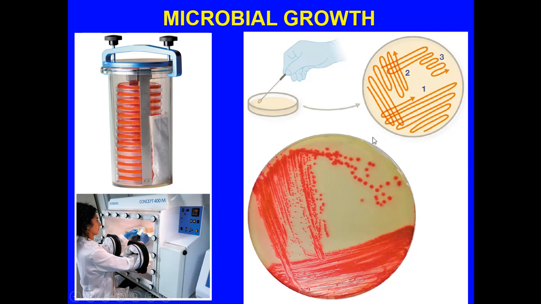So the next thing you do is you turn it 90 degrees and you again sweep it back and forth for a little bit. Turn it again 90 degrees, sweep it again back and forth. By the time you should get to the third, if necessary, the fourth sweeping back and forth with this loop, you should start getting individual cells smeared out, which that individual cell will then grow into a full colony. Okay,